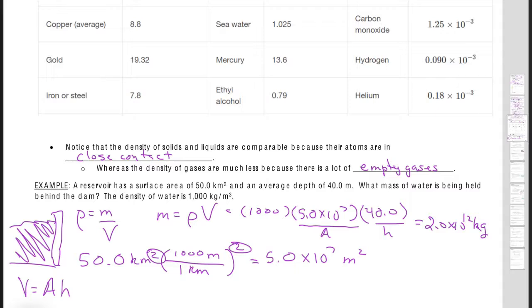Okay, so now we're going to start talking about some newer concepts. And the first one we're going to deal with